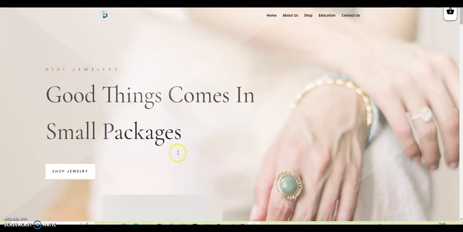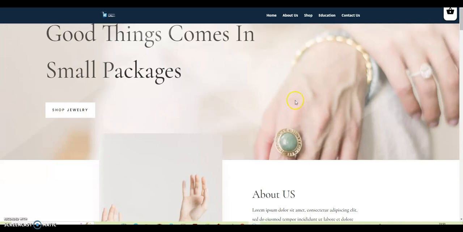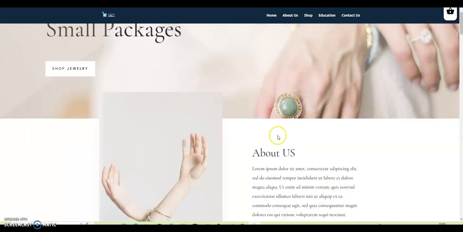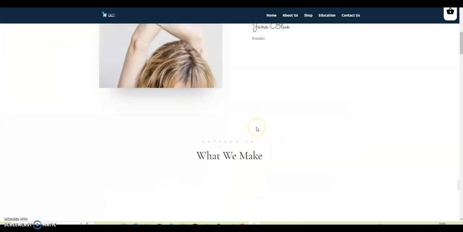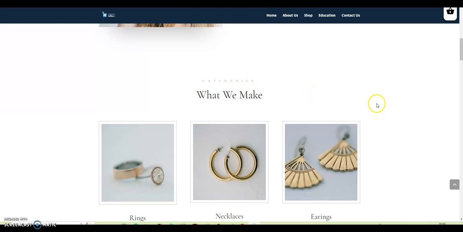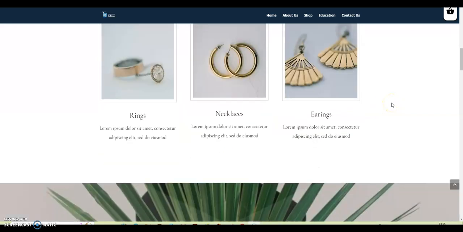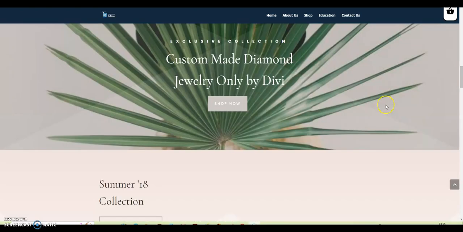But let's now go through the page a bit. Here's a text that you can click on and edit in any way you want, and here's a shop button, and if you don't like the images you can change them as well. And here's some text about you and the offers you have, in short what we make. And of course you can edit and change the image any way you want, and the description and everything.